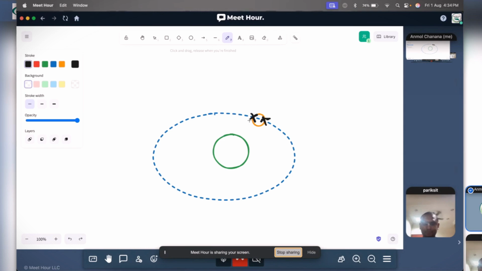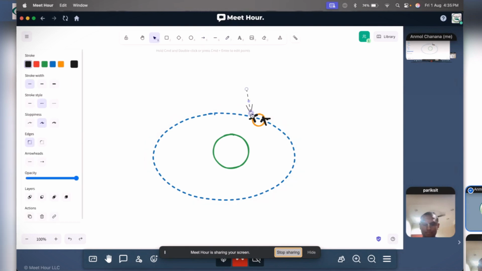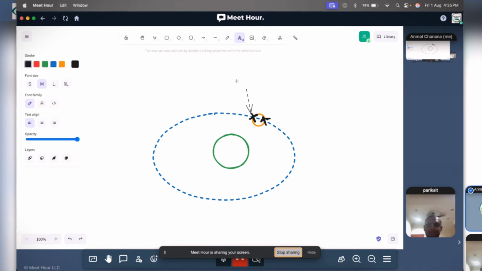The part which is upside, north of the Moon, this intersection is your Rahu,